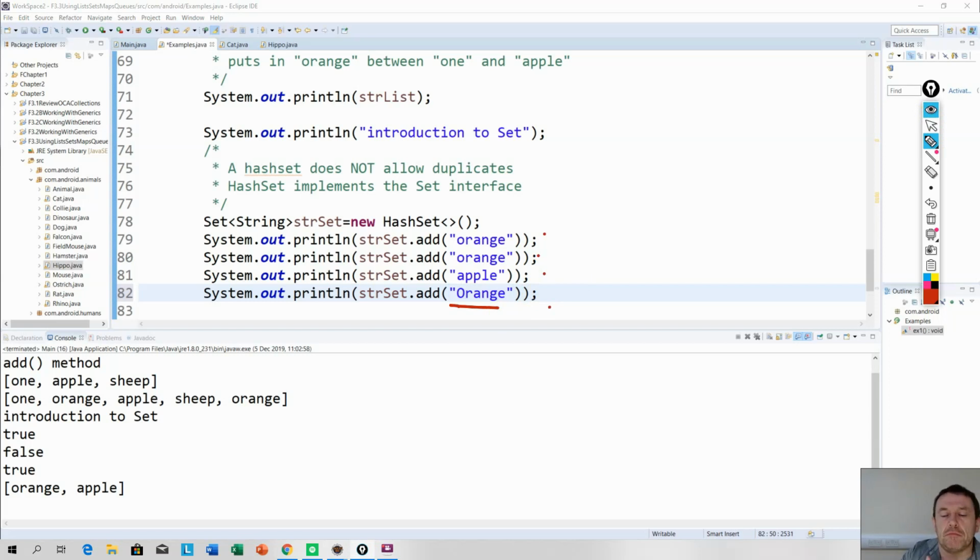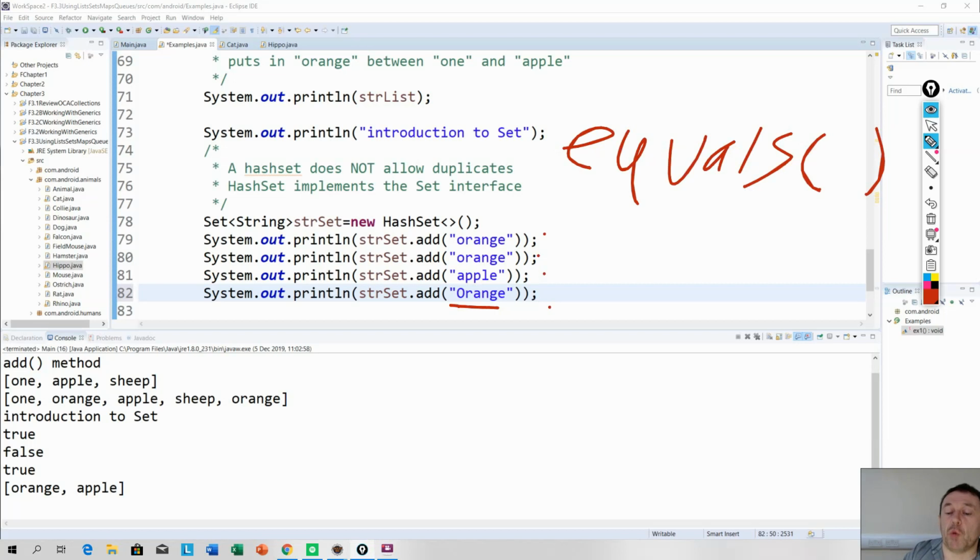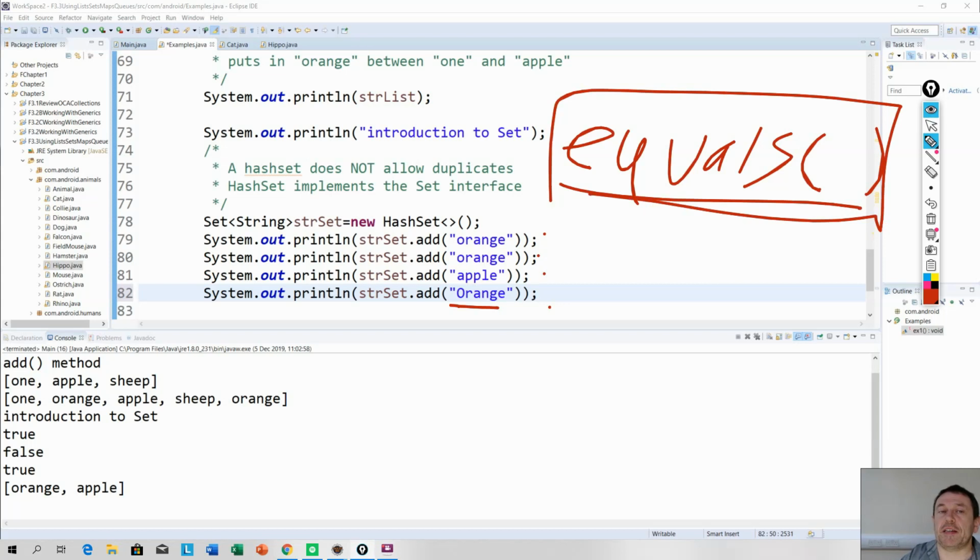For numbers, if you insert a number into a list of integers, it's the wrapper number you put into it. That's easy as well, okay? Now, if you're using some of your own objects, I'm not going to cover it quite yet, how it determines if two objects are the same, it uses the equals method, okay? So we are going to be inserting dogs into a hash set of dogs, and we're going to have an overridden equals method. Now you need to be careful with the equals method in a hash set,